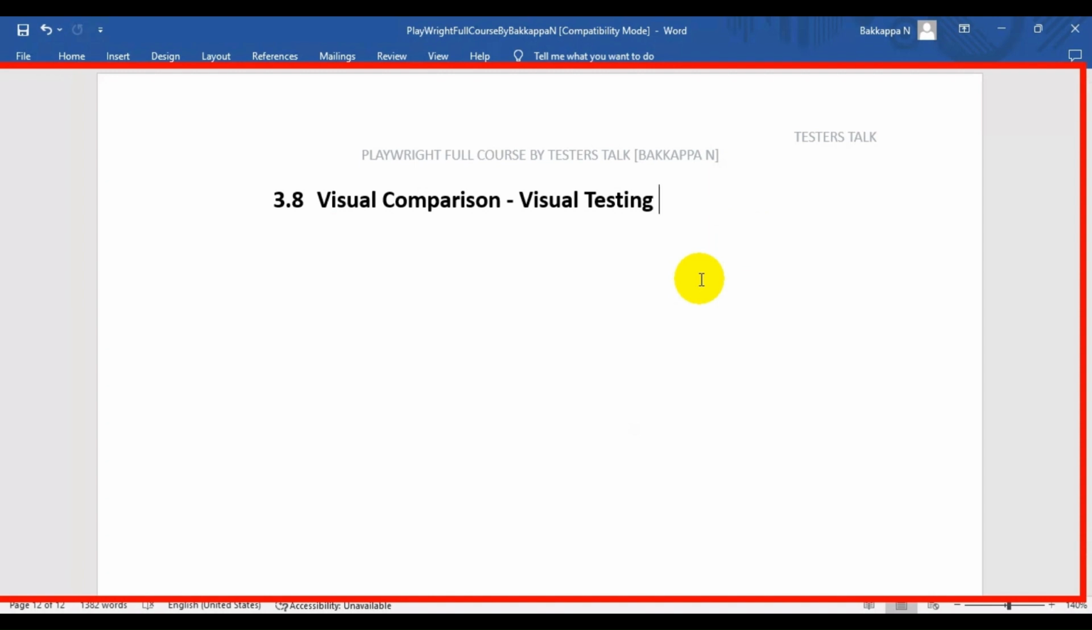And whenever the second time we are trying to run the test, it will capture the actual page screenshot and compare it with the expected reference screenshot. So basically it is a comparison of the two screenshots. If there is a difference, we will get to know what the difference is between the actual and the expected screenshots. So let's go to VS Code and see how to perform visual comparison testing in